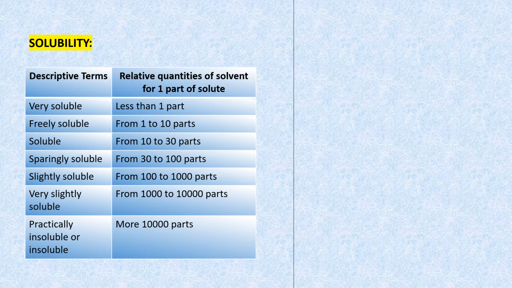If I require more than 100 ml but less than 1000 ml, then it is called as slightly soluble. If I require more than 10,000, then I will call it as practically insoluble. You have to remember this chart because it is going to be useful when we study the properties of a drug, as well as when we use the terms in practical also of chemistry second. In identification test, we are going to check the solubility of the drug as per IP 1996.